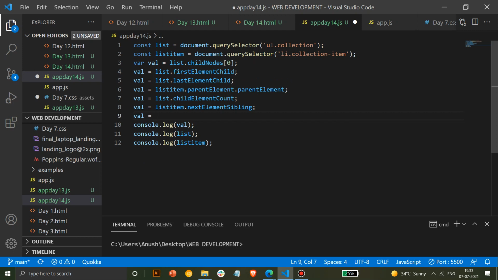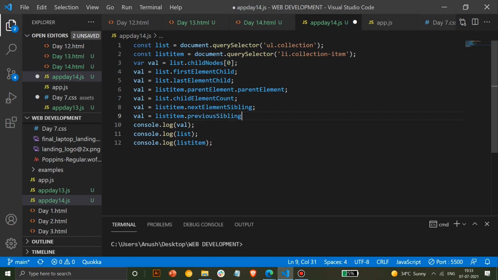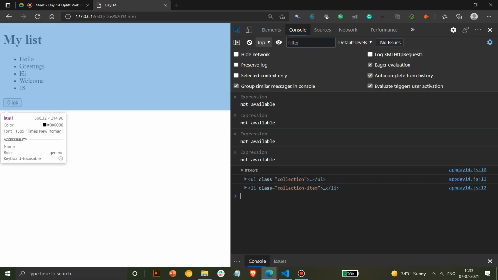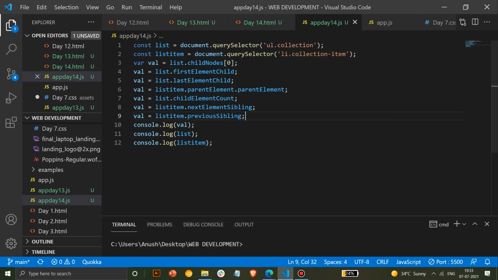We can do the same thing if you want to access the previous sibling. You can do this list item dot previous sibling, and you can access that. We have the first sibling set by default. If I do previous sibling, I'll see another text. Okay, so this is the first text that is present, the one which is present here by default. Okay, I think this is more than clear. You can access siblings also by this. And if you have to access a specific node, you can do that too. Okay, I'll show you if you guys want.